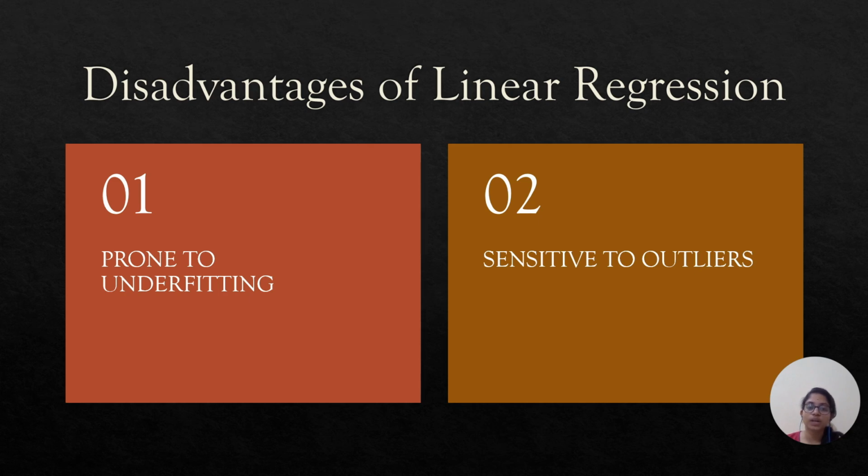Sensitive to outliers. Outliers of a dataset are extreme values that deviate from the other data points of the distribution. Data outliers can damage the performance of a machine learning model drastically and can often lead to models with low accuracy. Outliers can have a very big impact on linear regression's performance, and hence they must be dealt with appropriately before linear regression is applied on the dataset.